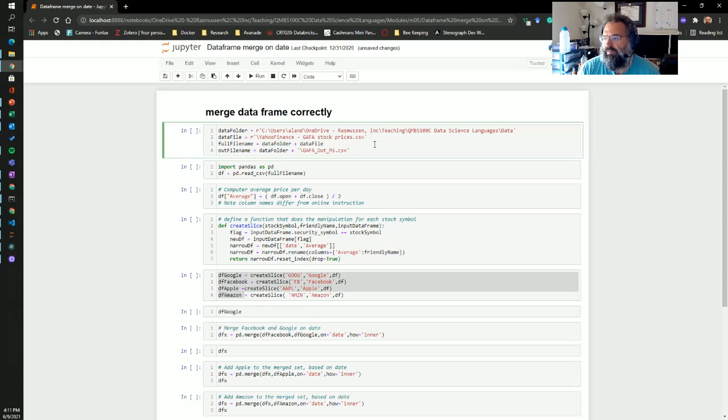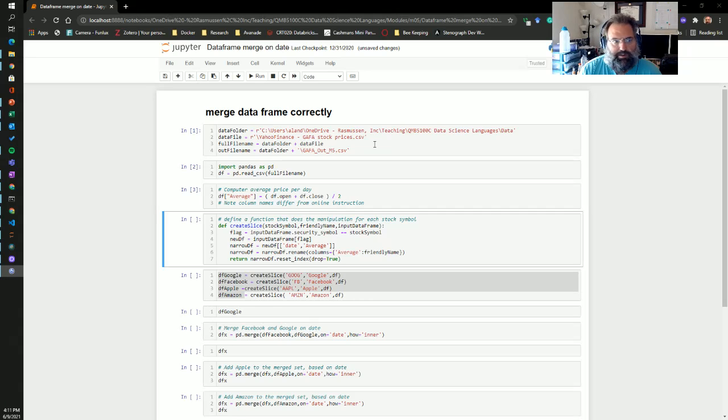So basically here what I'm doing is loading in the data frame that we've been dealing with, pulling in pandas to do so. I'm constructing the file name and then loading it into the data frame. Then I'm calculating the average based upon the open and the close. Then this is the function that I talked about earlier that creates a slice. It takes in a stock name, a friendly name, and an input data frame, and it returns back